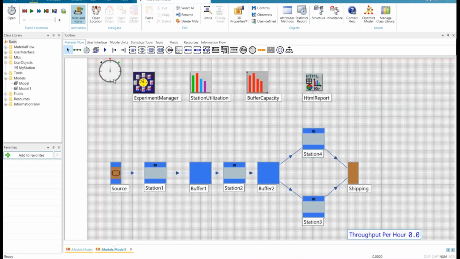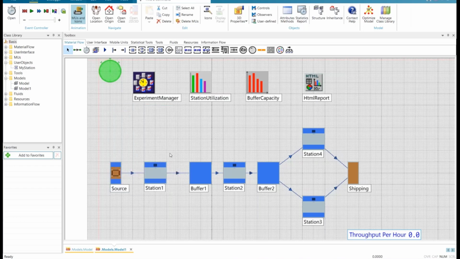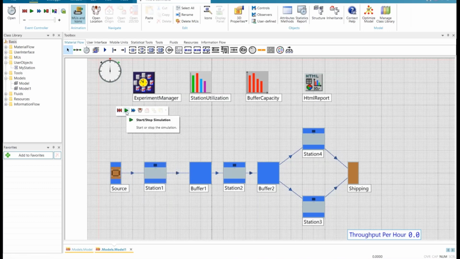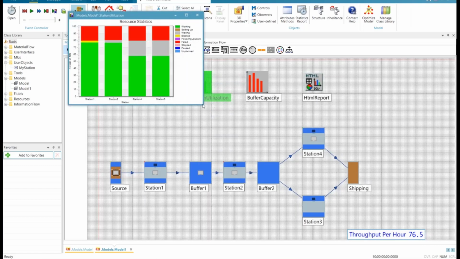So I'll, again, run my simulation of 10 days, right? I'm going to run my simulation and see where I'm at, find out how close I am to that 80 parts per hour. And I'm going to find out that I'm a little bit short. So I need some help here. And if I look at my station utilization,